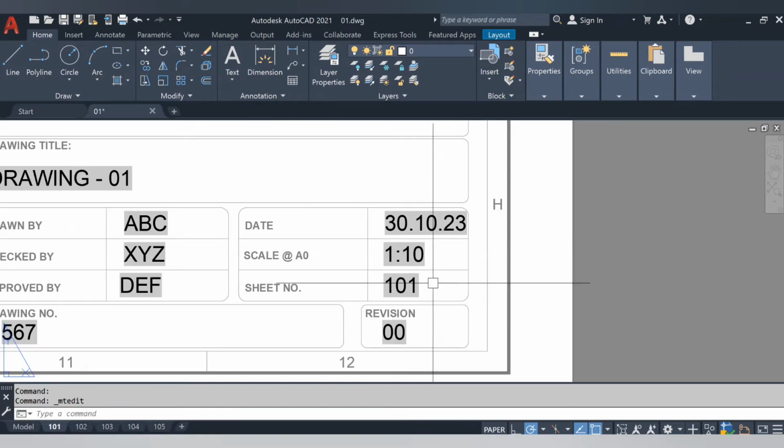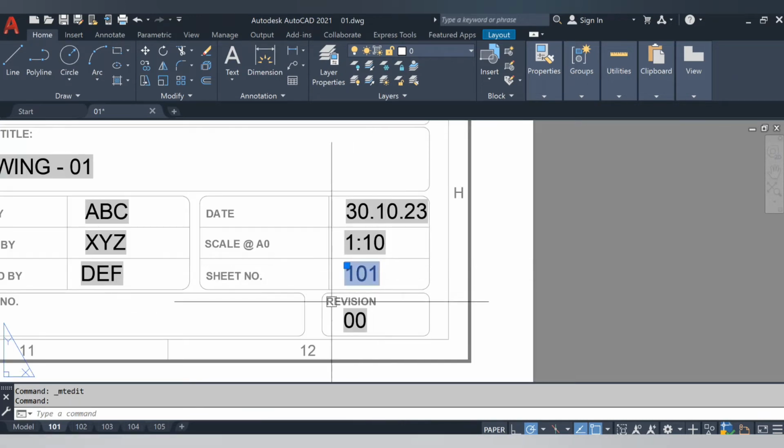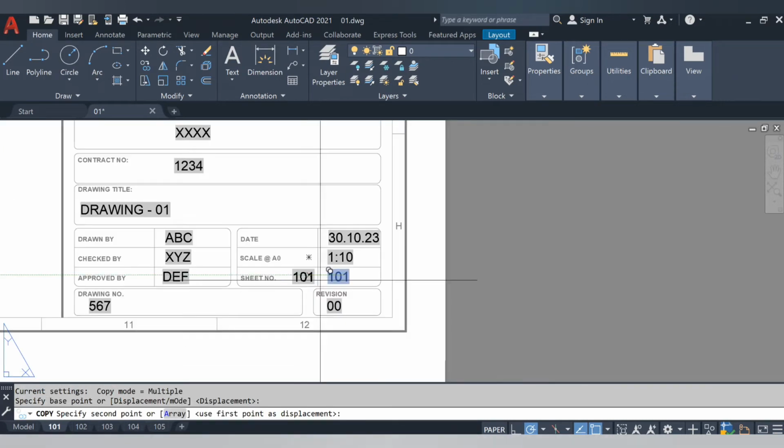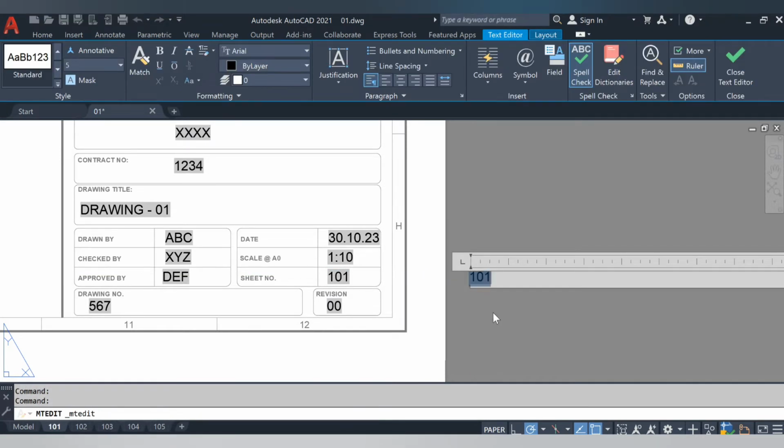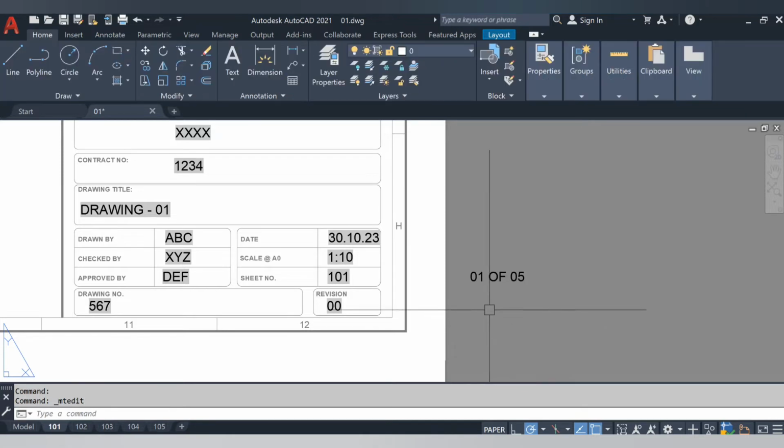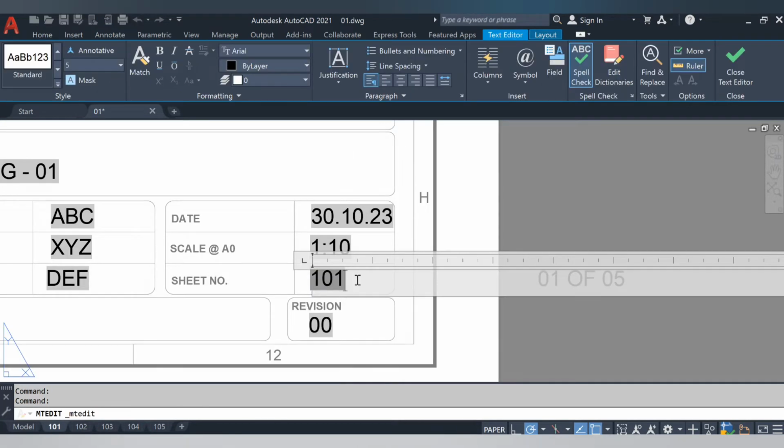So if you are changing the tab name to some other value, for example if we need like 1 of 5 or 1 of 2, 1 of 3, like that, the total sheet number 05 will be fixed. So you can edit that one manually. And if you want to get the 01 from the current tab,